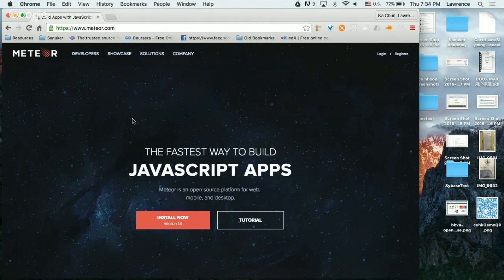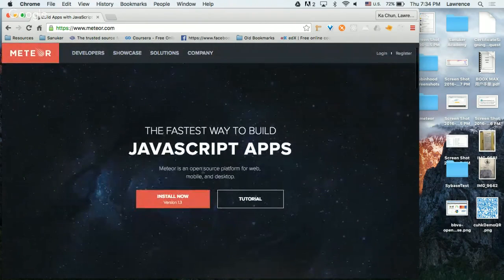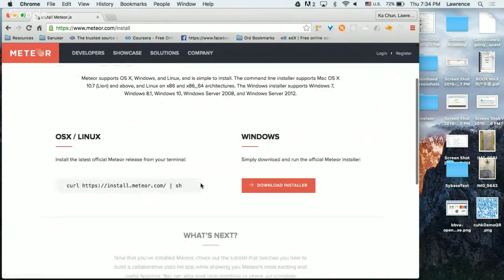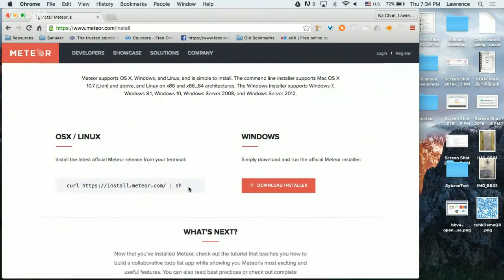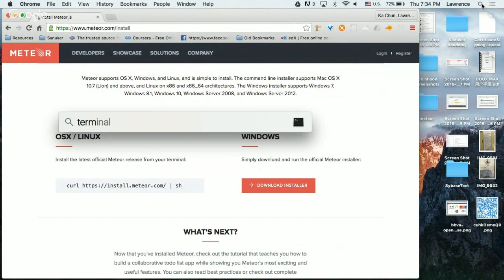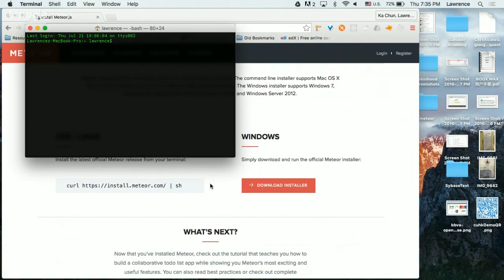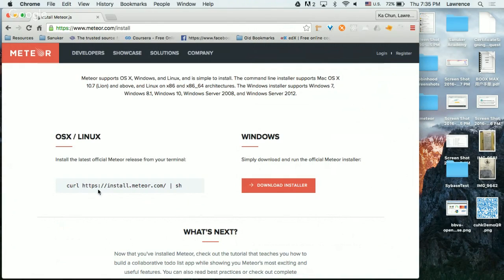So for Meteor, if you have done it before, basically you just need to click install now. For Macintosh, it's much easier, or Linux. This time we have a lot of Windows users as well, but that's fine. For Linux or Macintosh, you can just open up your terminal, copy and paste this command, and then you can download Meteor.